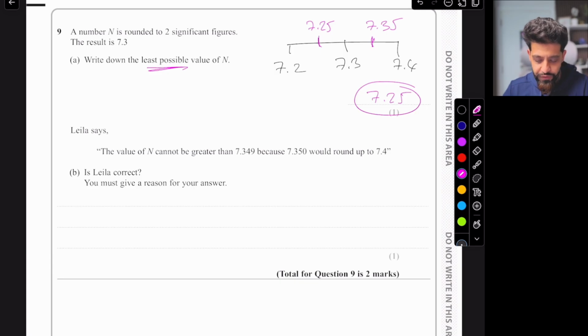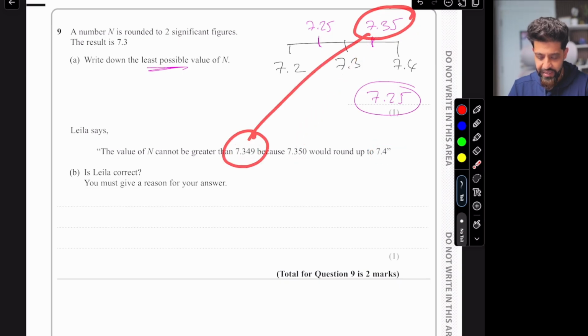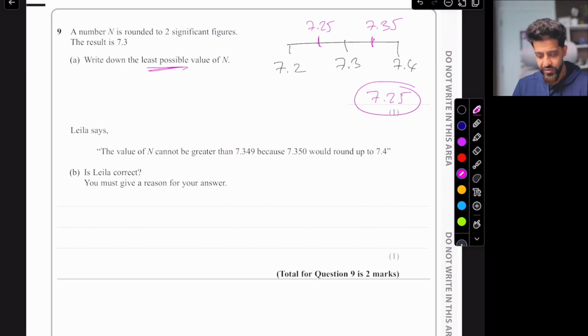Now, Layla says the value of n cannot be greater than this because 7.350 would round up to 7.4. Is she correct? Well, there you go. It can't be greater than that. Okay, that's what you should be saying. So it can't be greater than that. It can be that. Okay, so she is wrong. Okay, because look,